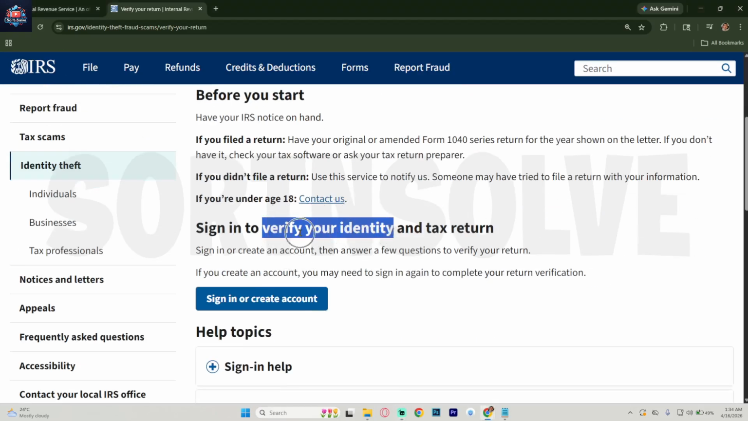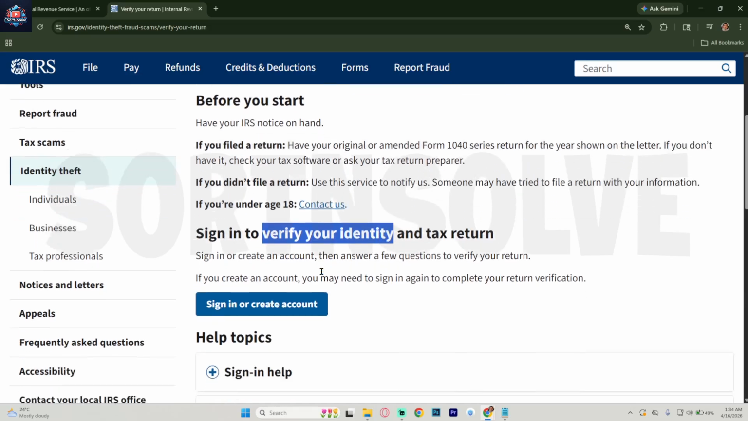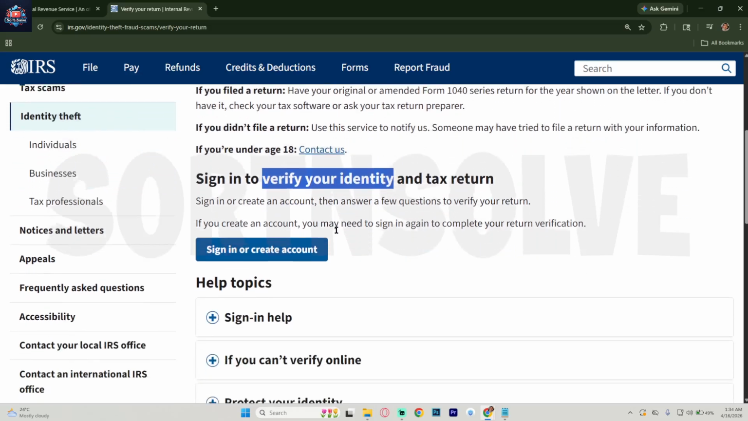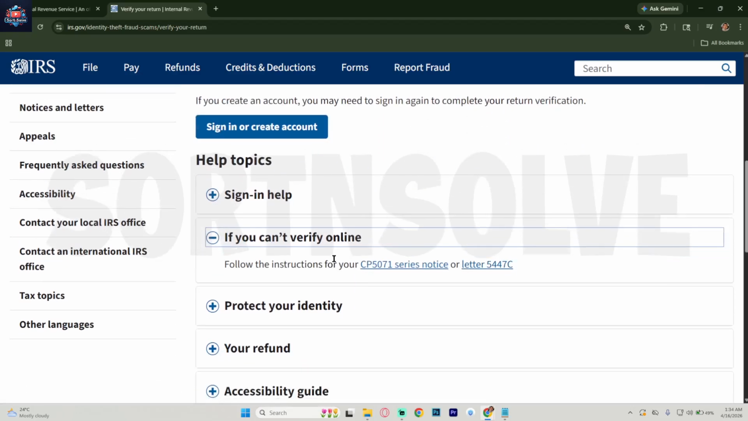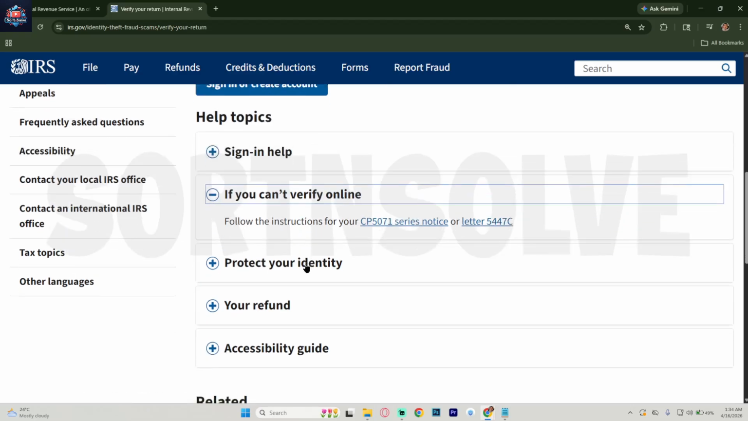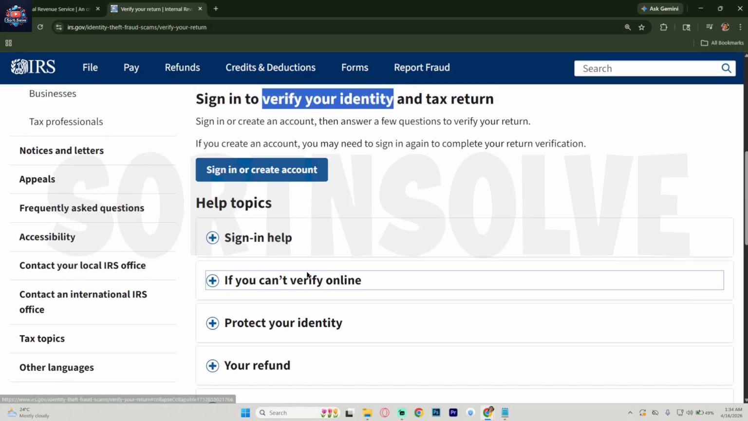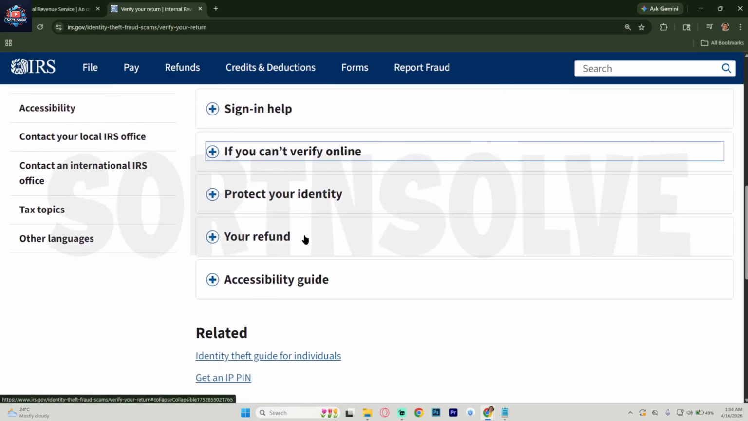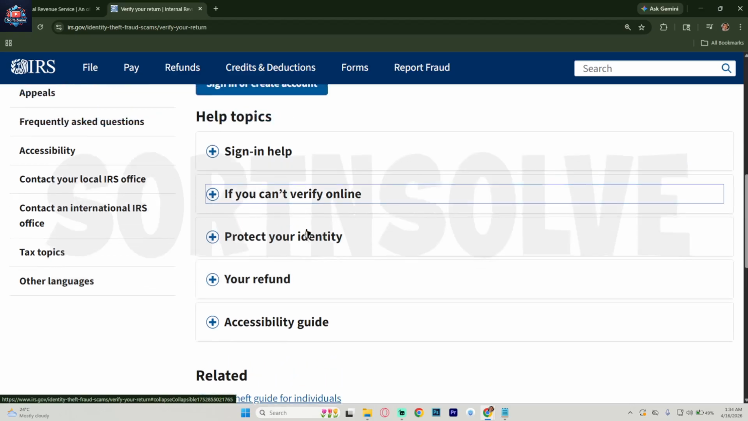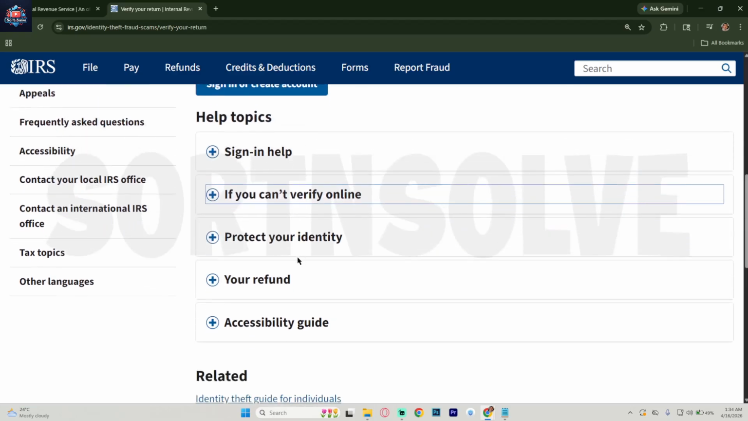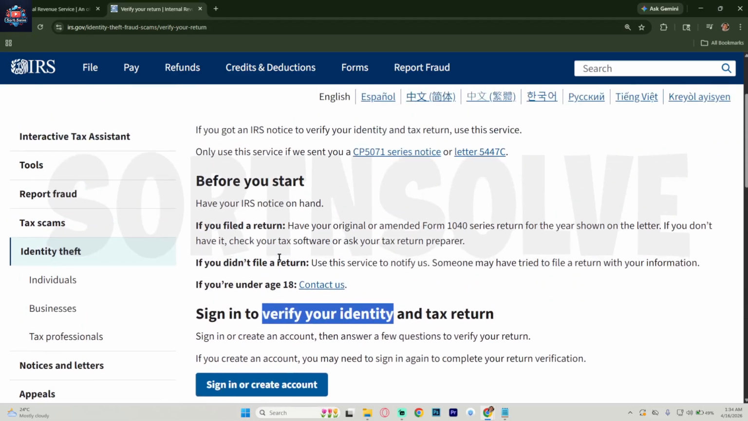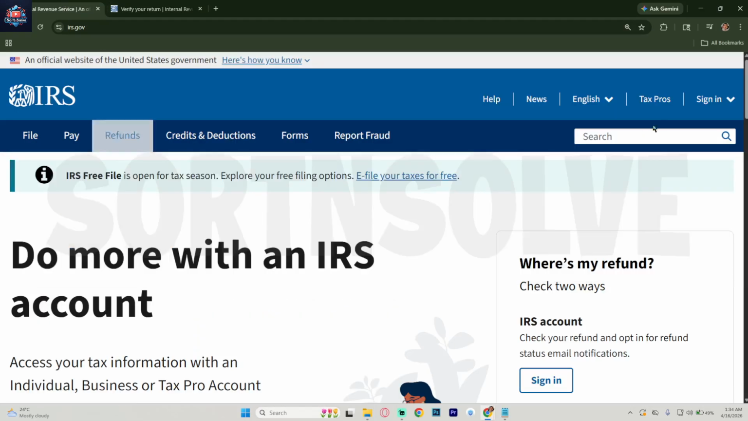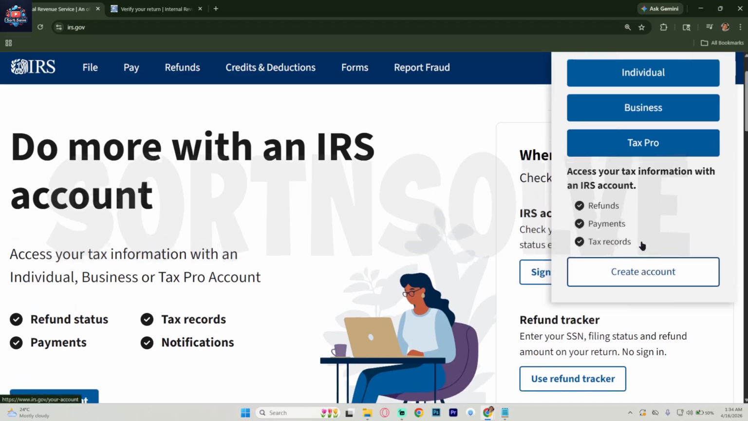First, check the IRS letter you received because it tells you exactly which verification method you need to use. Most people can verify online at irs.gov using the Identity Verification Service. You will need your Social Security number, tax filing status, and the exact refund or return details from your recent tax filing. Next, create or sign into your IRS account and follow the prompts to confirm your identity using financial